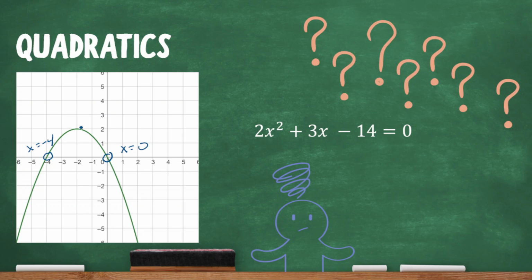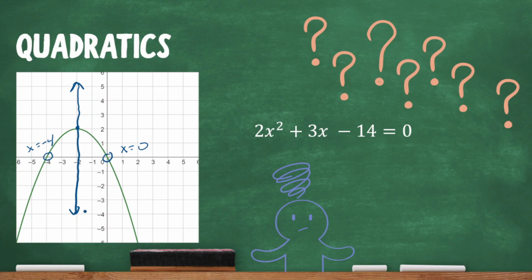And sometimes you'll also see the maximum or the minimum. So you'll have a maximum if it's upside down. The maximum point is right here, and that's going to be where x is -2. And if you draw a line through that maximum point, well, let's just pretend that's a straight line, that would be the line of symmetry, because if you fold that parabola over that line of symmetry, the two sides will